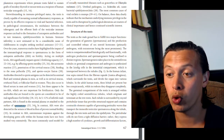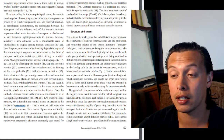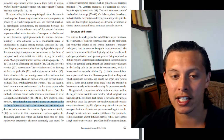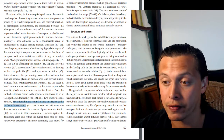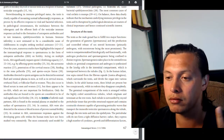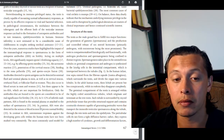Now, just to be thorough, what I would like to know is what percentage of fertile men have anti-sperm antibodies in the seminal plasma or attached to the surface of spermatozoa. That would tell a lot, because if in fertile men it's also 5 to 12%, then that's not saying anything. But here,